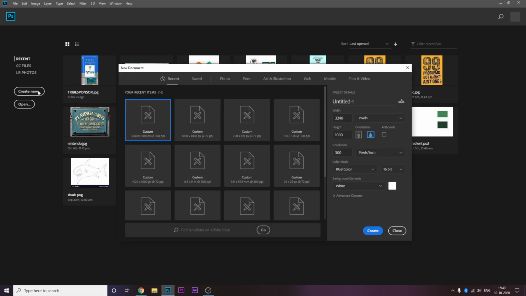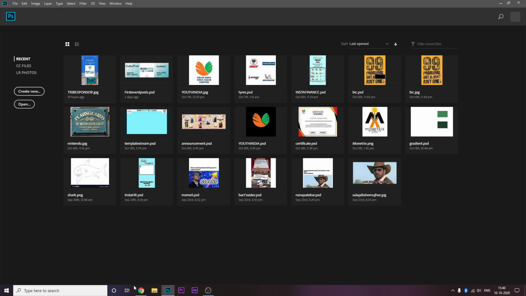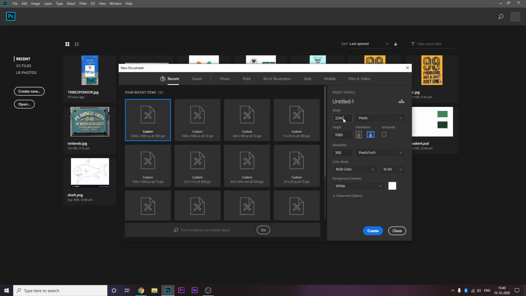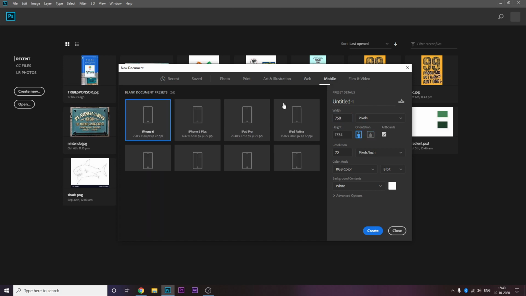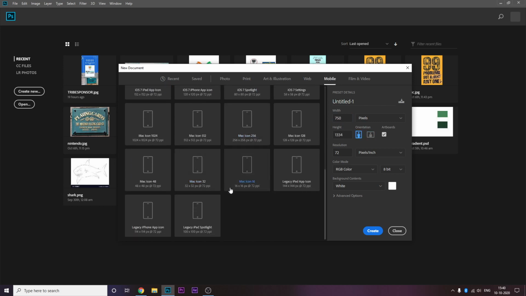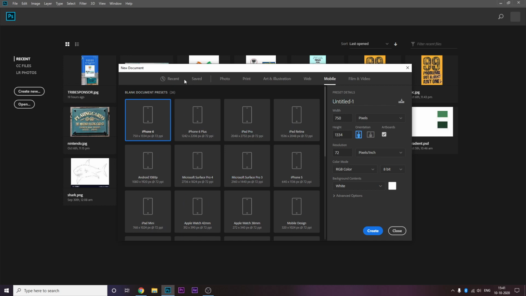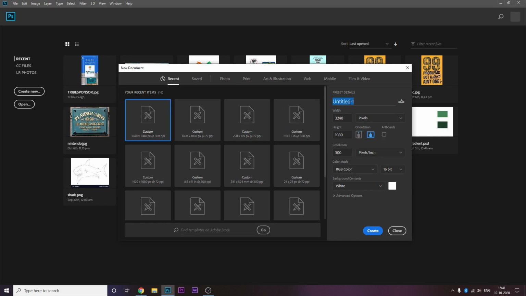So first you go in here. Firstly, you open Photoshop. When you click on it, this will open. Hopefully, this should open. You go in Create New. You select. You go here. Okay. You will get all these different sizes: photo, print, web, Instagram, mobile. You get all these different dimensions. But we want to make our own dimensions. So you click here. Let's say Instagram 3 by 1. No, sorry, 1 by 3. So Instagram 1 by 3.